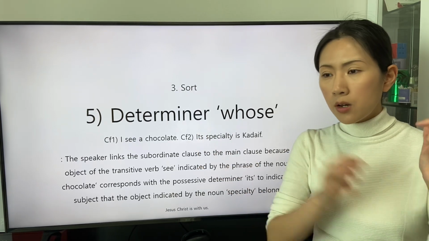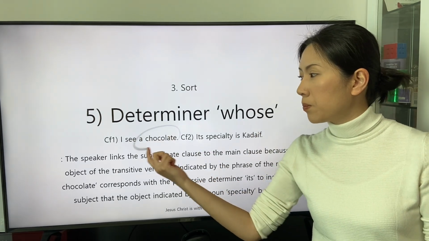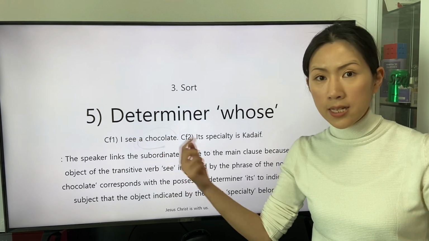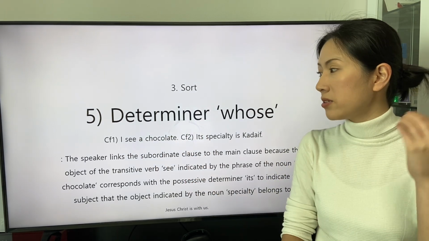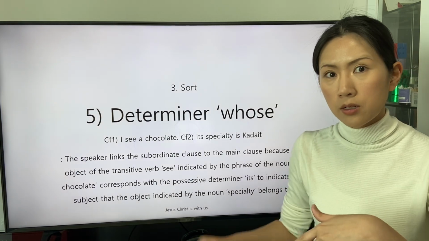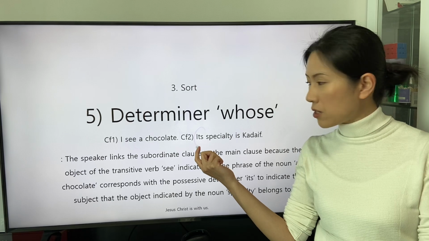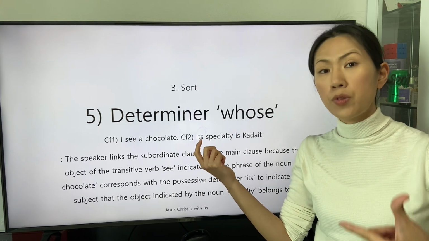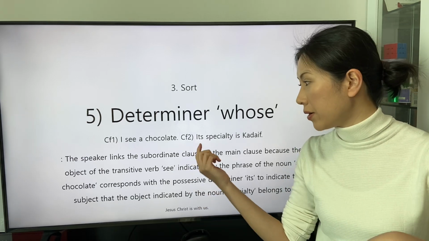The speaker reveals that the phrase of the noun a chocolate and the possessive determiner it indicate the same subject or object. So the speaker replaces the possessive determiner it with the subordinating conjunction whose as a determiner